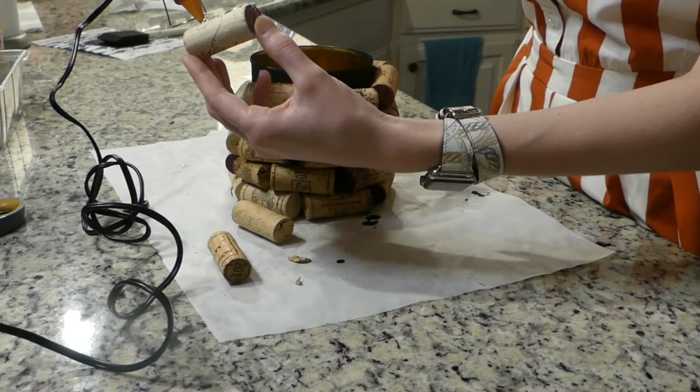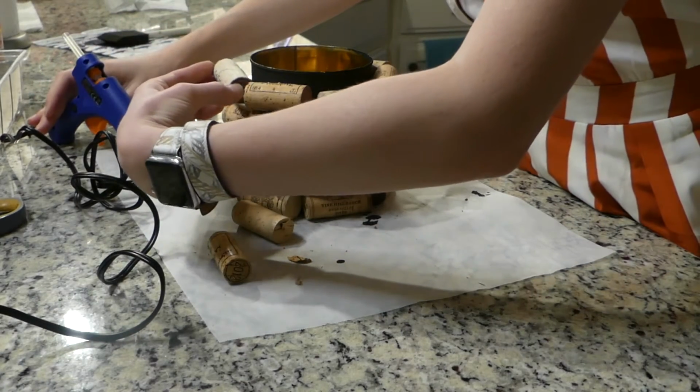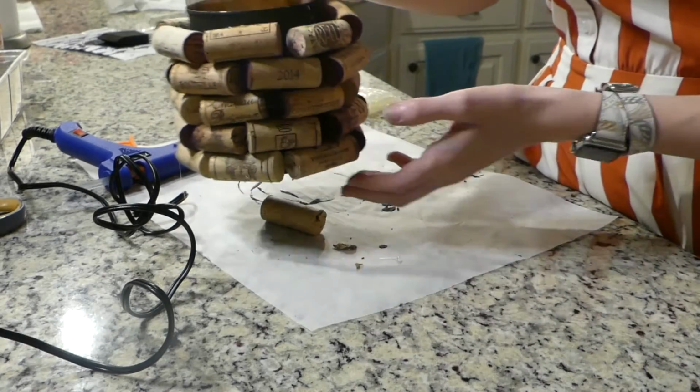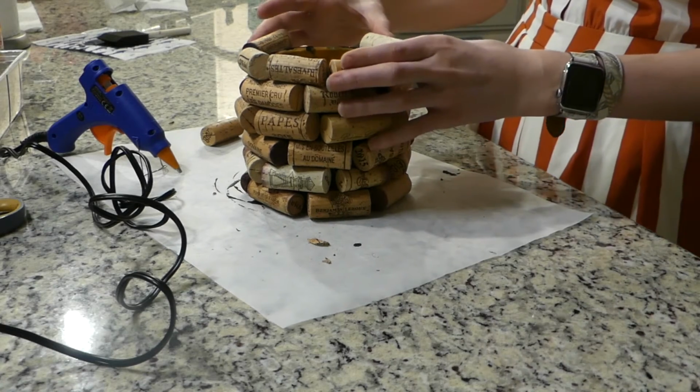I have a feeling I'm gonna have to cut another cork on this one. I'm hoping no, but cork is starting to not sound like a real word to me anymore. So I have about a half cork left of space at the top, but I'm just gonna go ahead and add another row on there because I'd rather have extra height of the cork than, I don't know, a little bit of black showing. I feel like that looks a little weird. Oh, finally a wine I have had. Uh-oh, this is a weird amount of